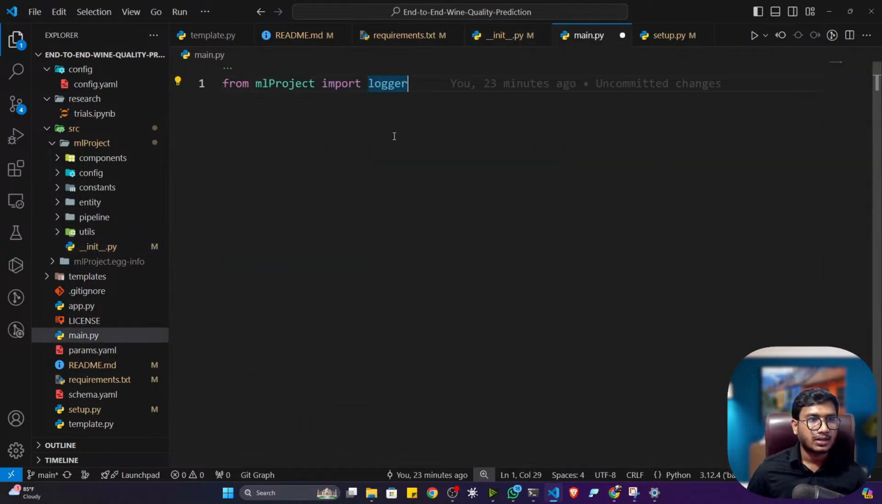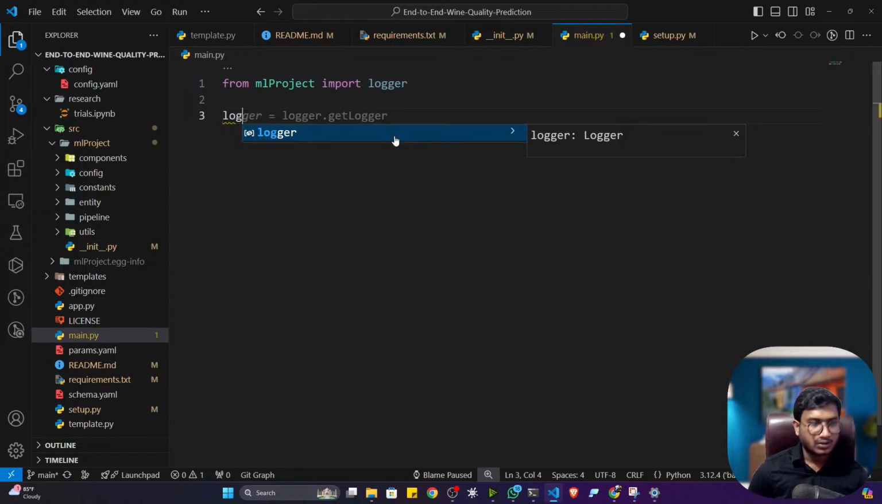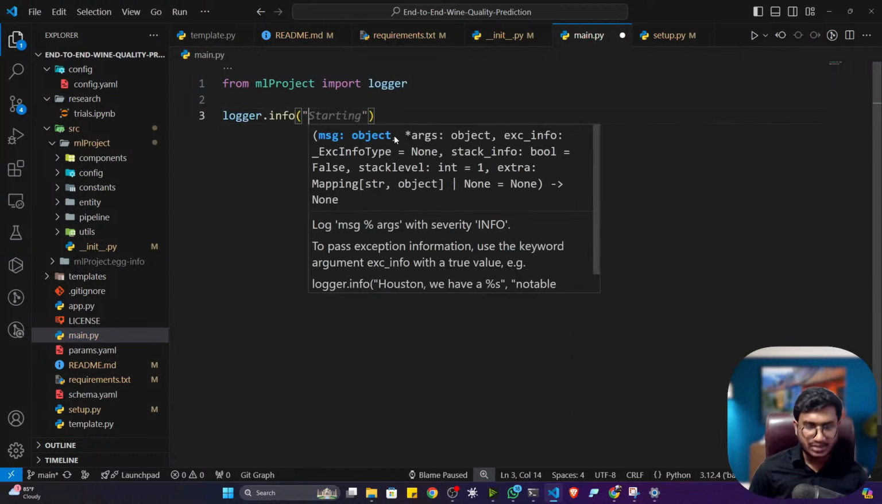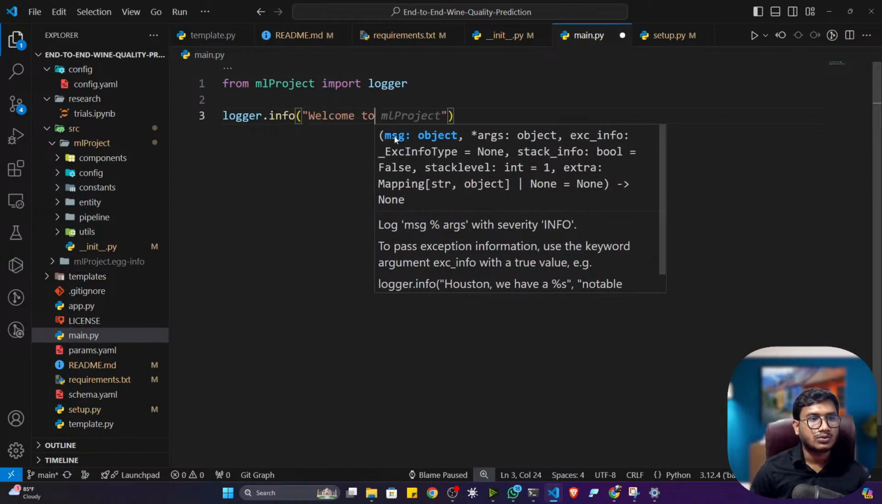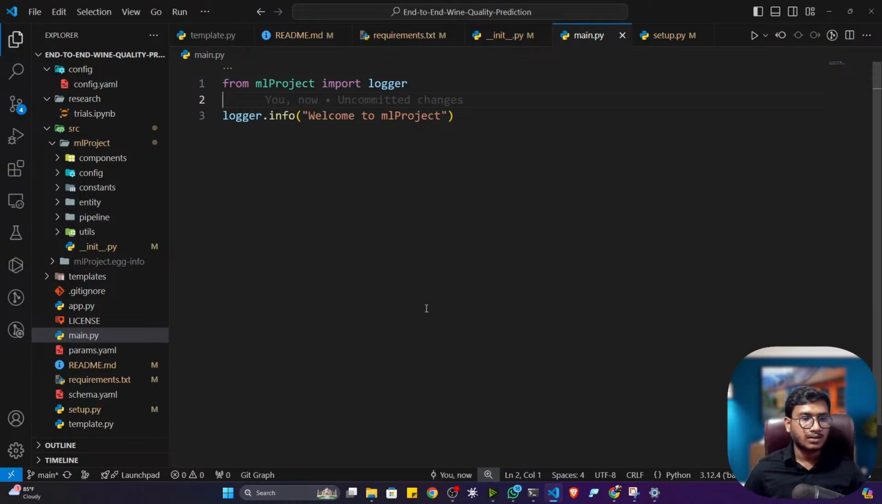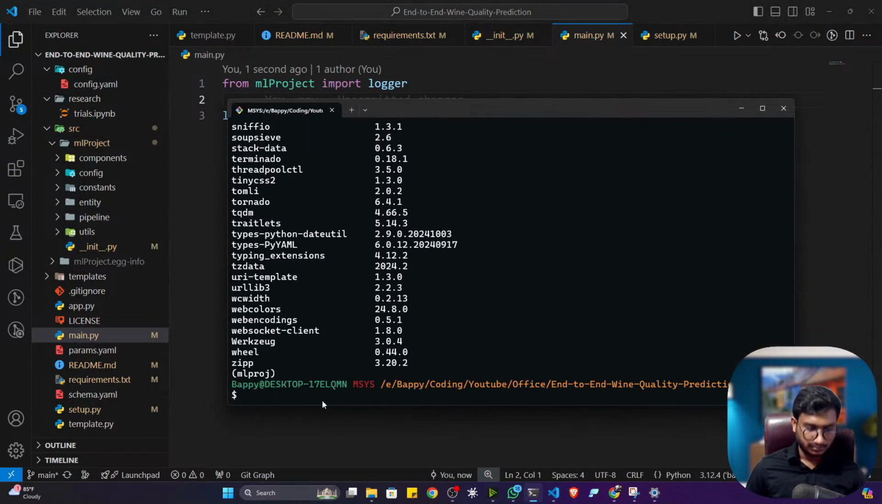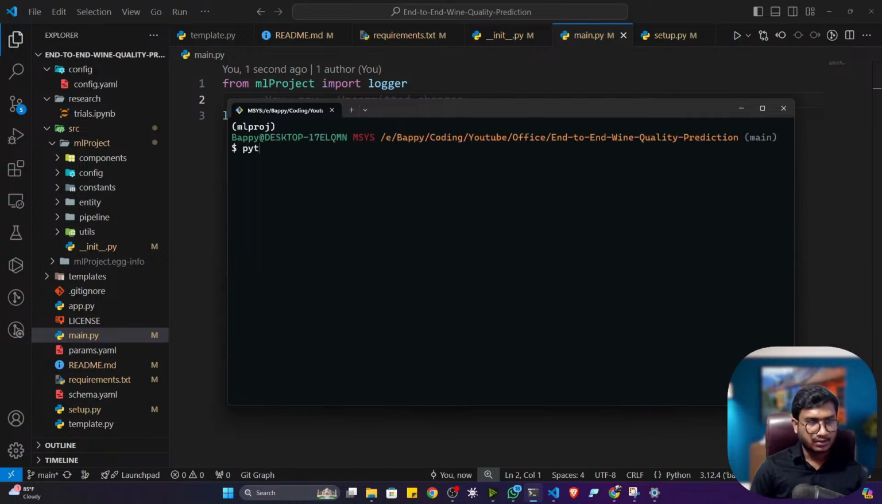Okay, logger object. Now simply, if you want to log something, just write logger.info. Inside there, just try to mention your log. Let's say I will mention welcome to ML project. Okay, let me save. Now if I execute, see what will happen. It will create a log folder here. So Python